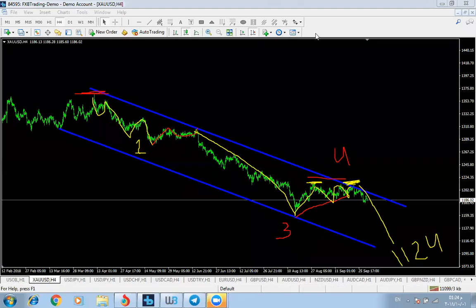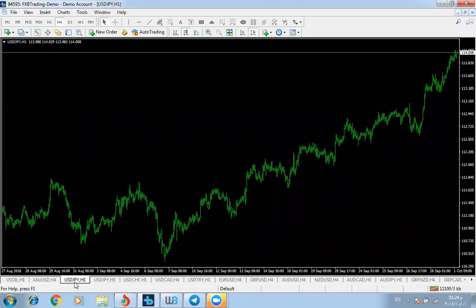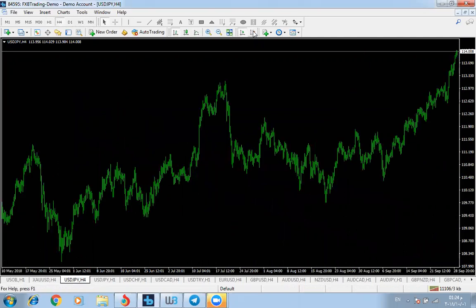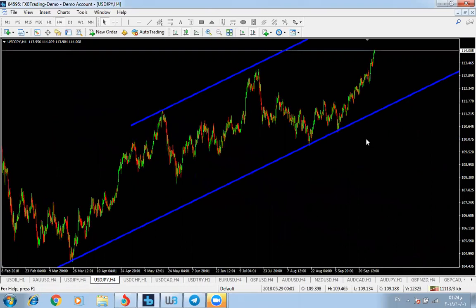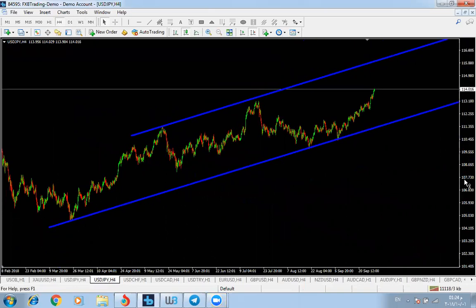Let's move to another market. Okay, the yen. As we saw, yen has moved very strongly since the last week, and as shown you in the previous videos, we have a running